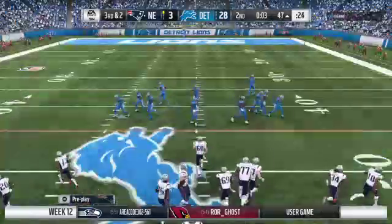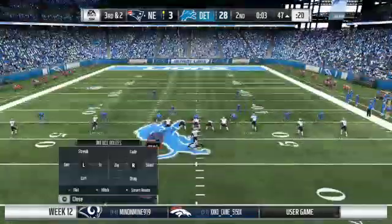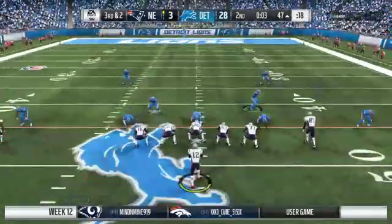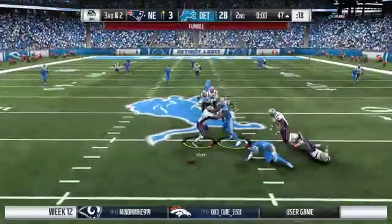New England on 3rd down. Just 1 for 3 thus far. Here it's 3rd and 2. They'll throw now on the final play. Nowhere to go here. He lost the